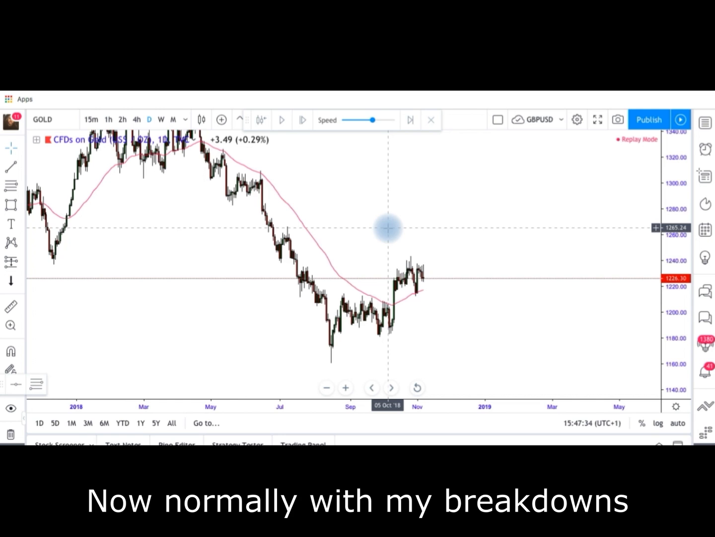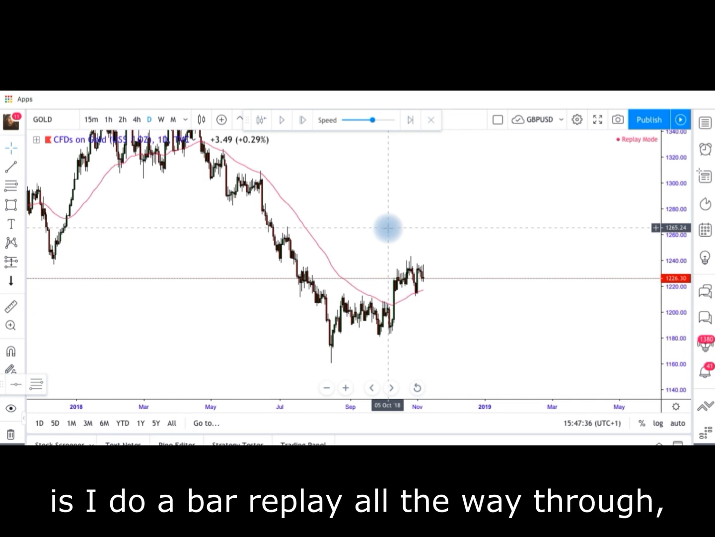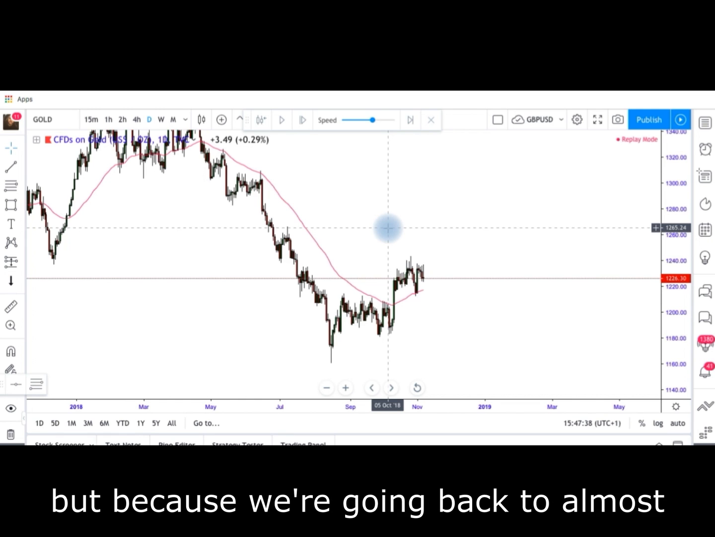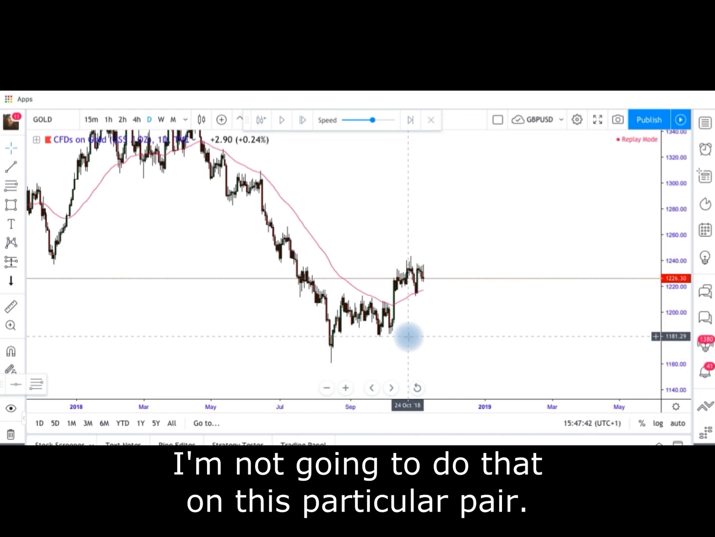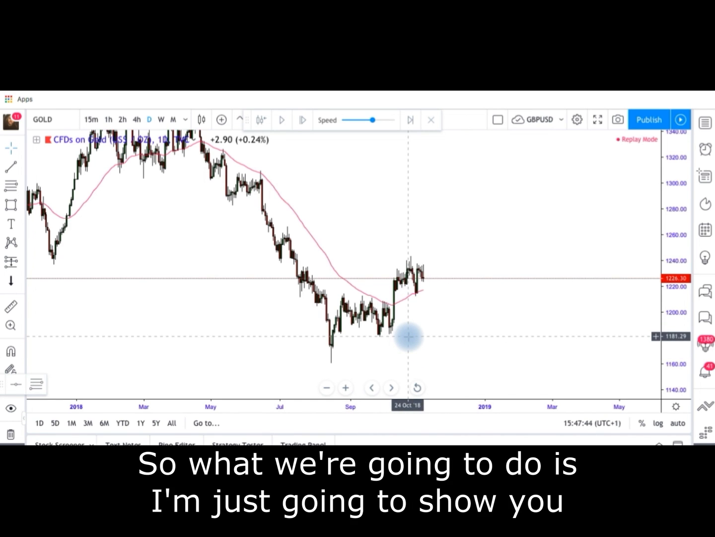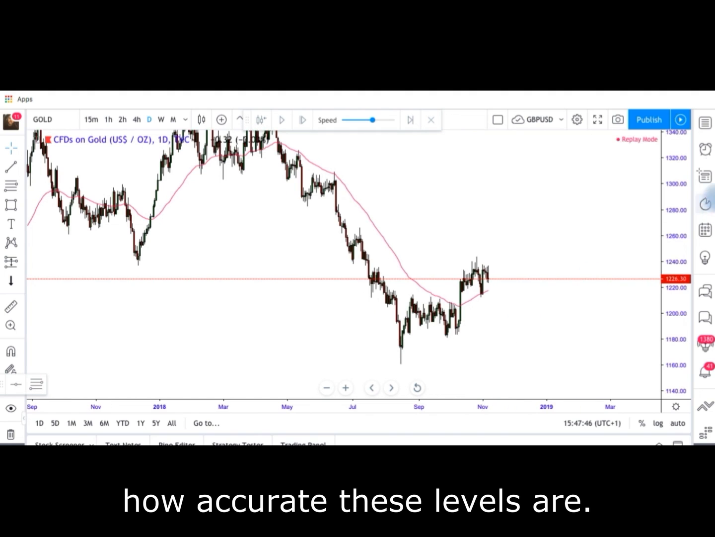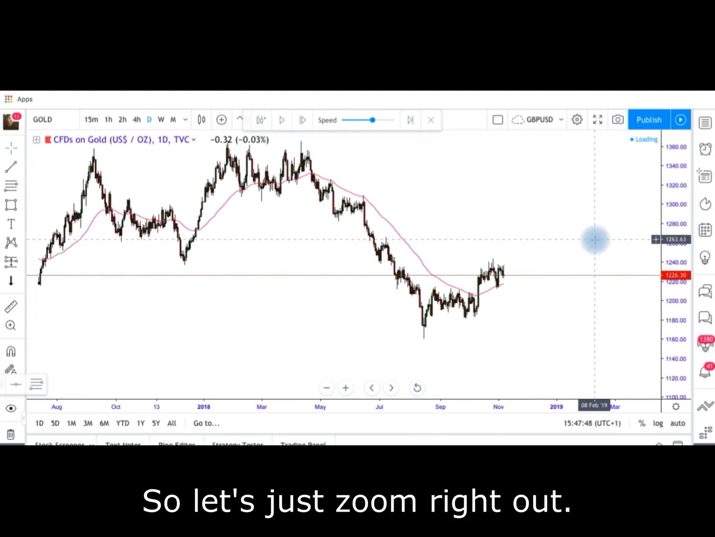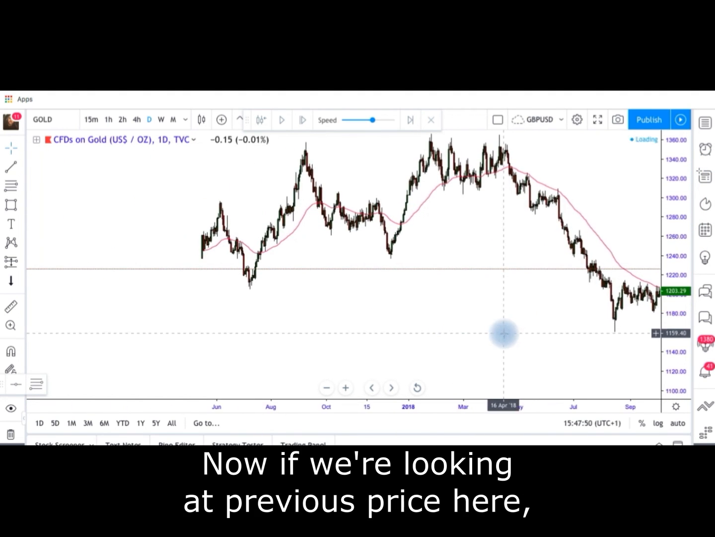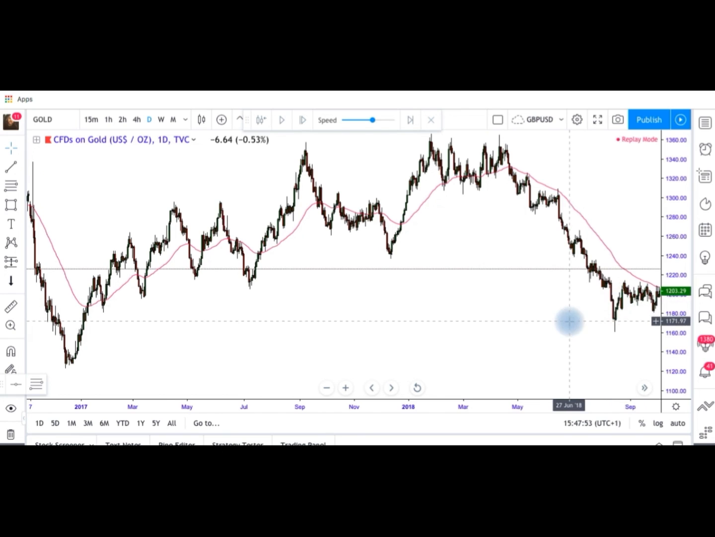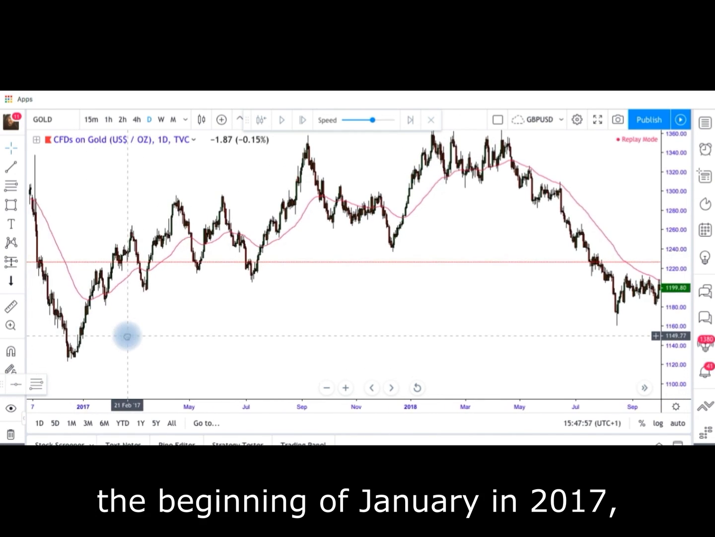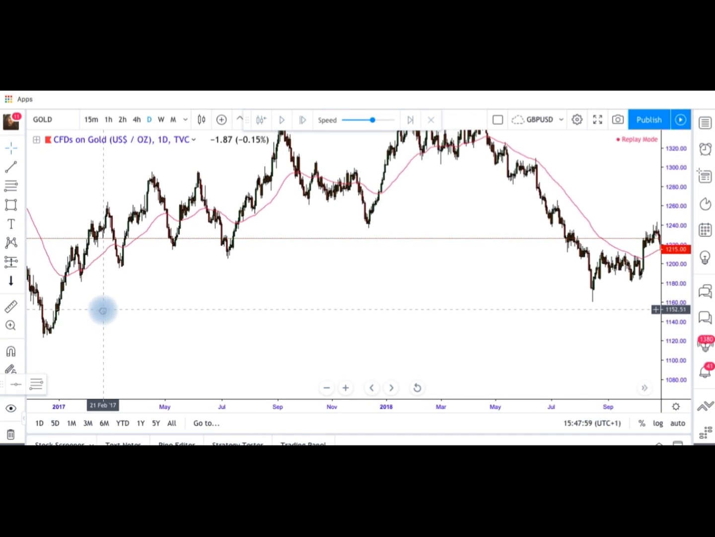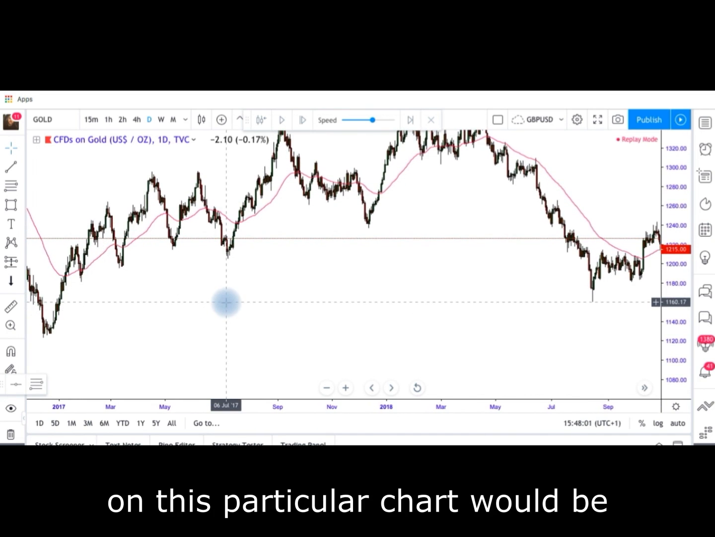Normally with my breakdowns I do a bar replay all the way through, but because we're going back to almost the 5th of October, November time, I'm not going to do that on this particular pair. What I'm going to do is show you how accurate these levels are. So let's just zoom right out. Now, if we're looking at previous price here, and looking back as far as the beginning of January in 2017, the first level that I would have plotted on this particular chart